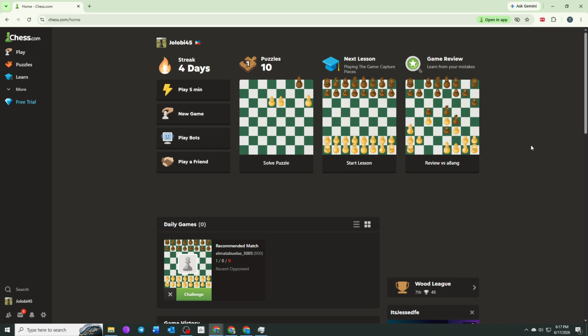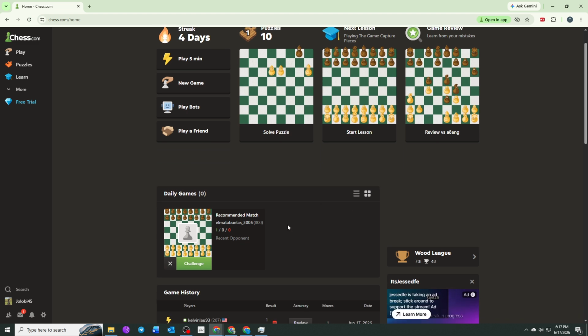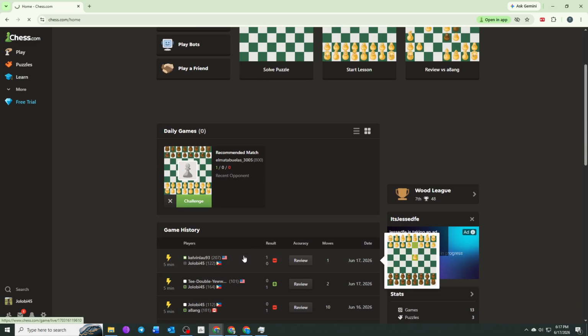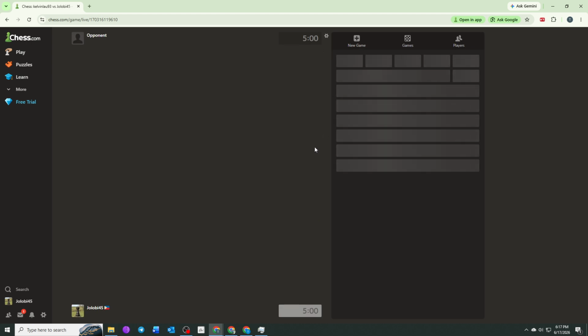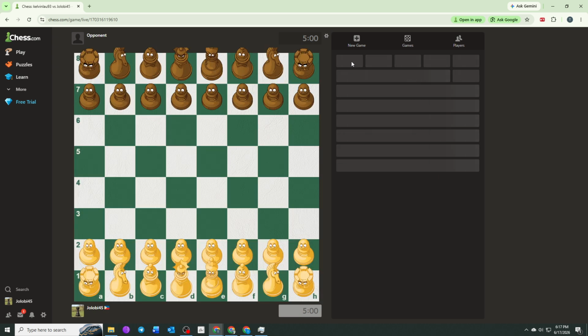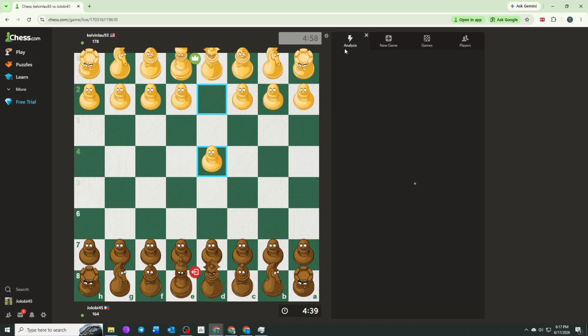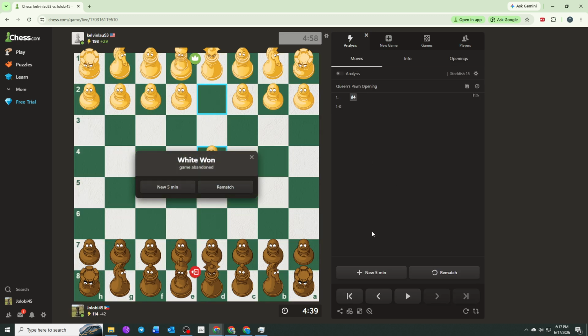To get started, open any game on Chess.com and head over to the Analysis tab on the right side of the screen. This is where you can take a deeper look at positions and examine different move sequences. Once you're inside the analysis board, begin making moves and exploring variations. You can test different ideas, add comments to important positions, and use arrows to visualize plans and key concepts. Spend as much time as you need building out your analysis so it reflects exactly what you want to remember